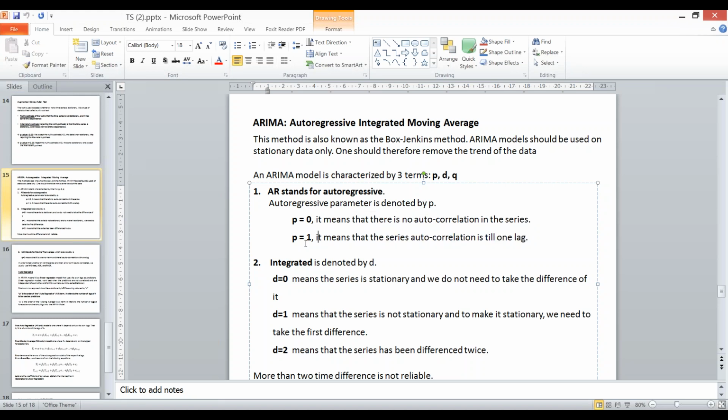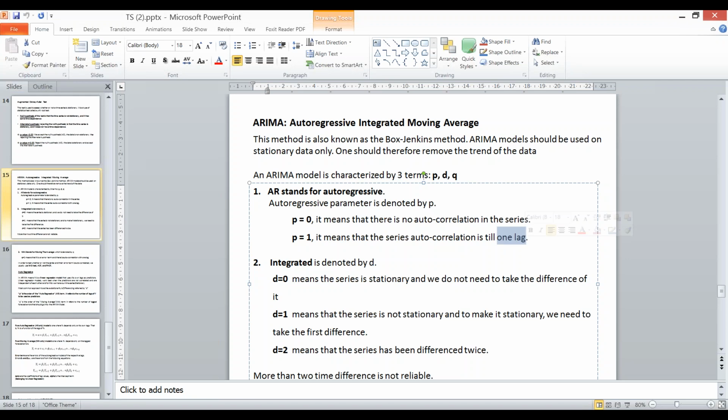What does this mean? If I'm taking P equal to 1 or P equal to 2 or P equal to 10, then what am I asking for in autoregression? Just an idea, does anyone have a thought? See, P always stands for the number of lags to be considered.